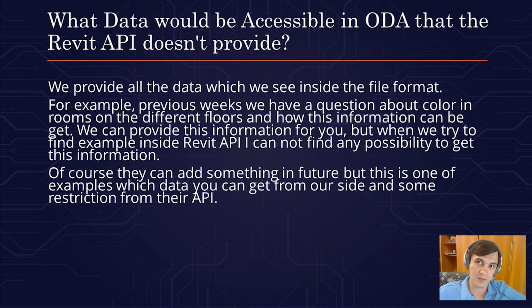But Revit usually has APIs that are a small part of the internal C++ API, providing only data which they think should be available for the customer. We provide any data which we see inside the file format. For example,